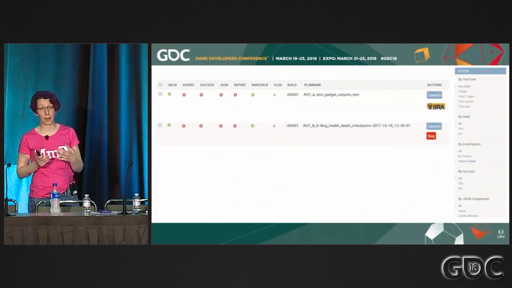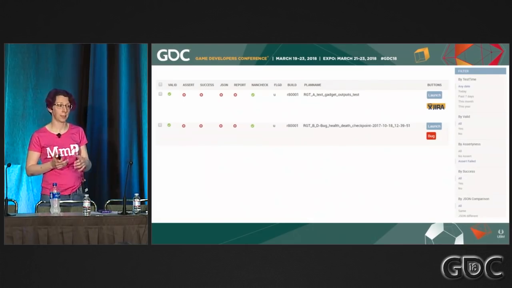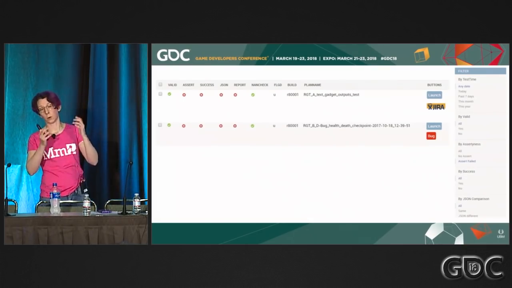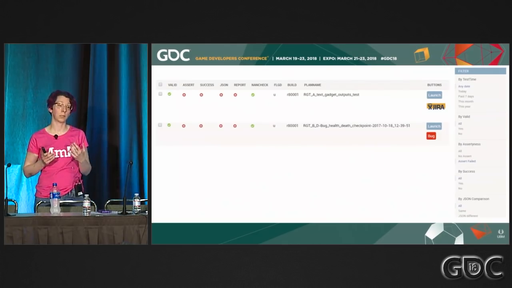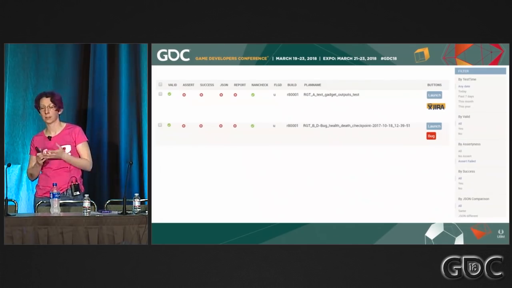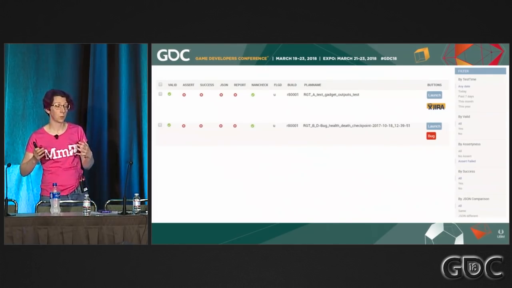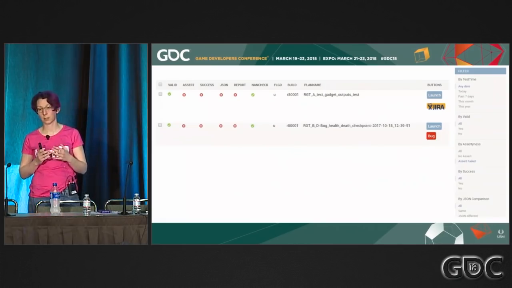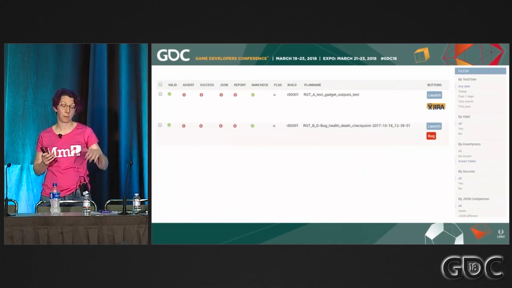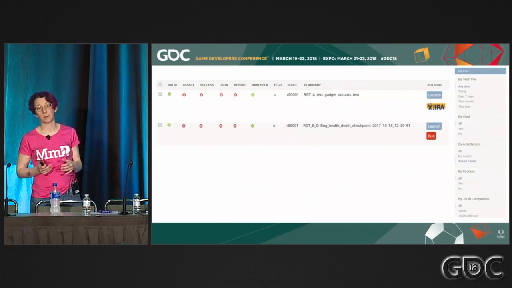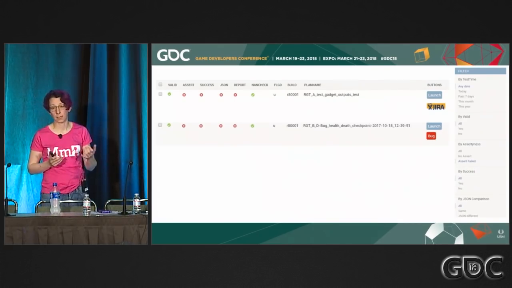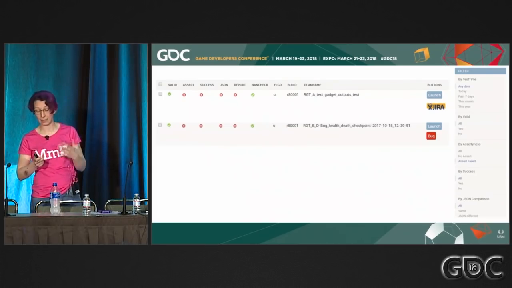It will also do a link to Recap. Recap is a Sony server where you can upload core dumps and your symbols, and it will give you a web interface for browsing those core dumps. You can see the call stack and the TTY, and you can upload the last 60 seconds of video. We upload all of our crashes and asserts to Recap, and then we put a link in the bug so that programmers can click on it, easily see the call stack, and easily see what went wrong.